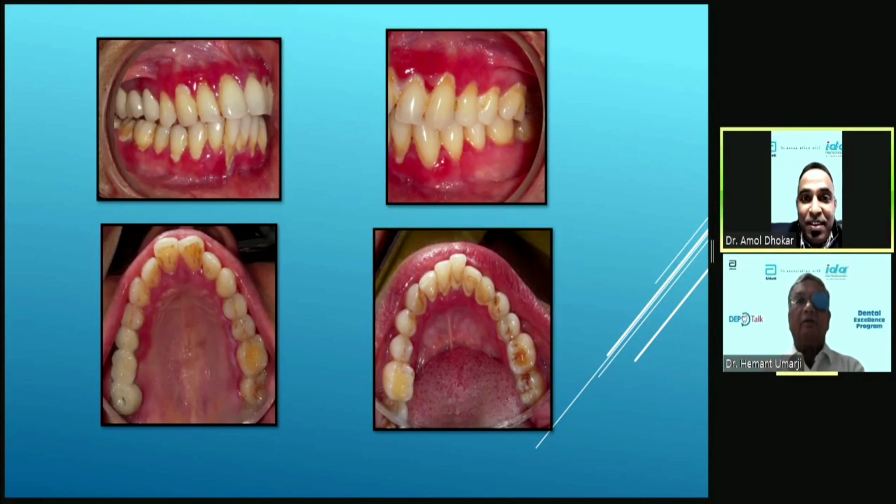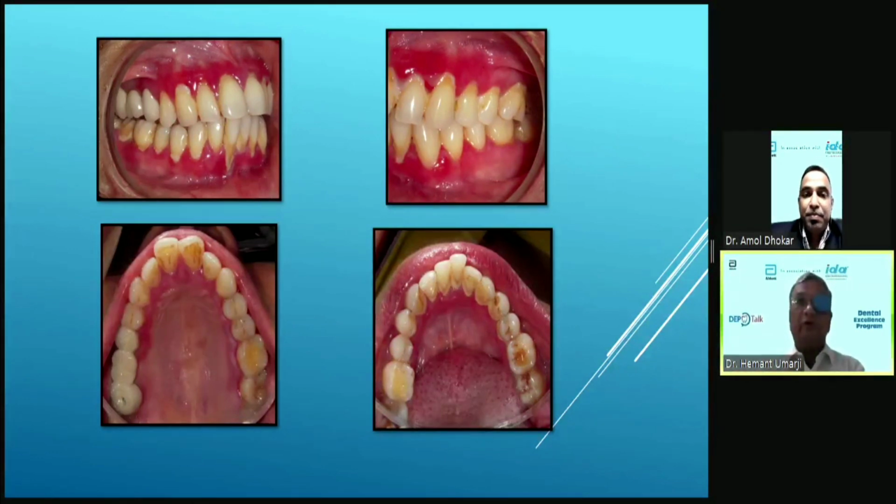So what we should do is take an impression of the upper and lower arch and extend the impression right up to the sulcus, and then make a soft splint, that is a mouth guard, and keep a spacer, so that when you put the ointment, that ointment can be put inside that, and then the patient wears it in the night, so that the local action will be for a longer time.